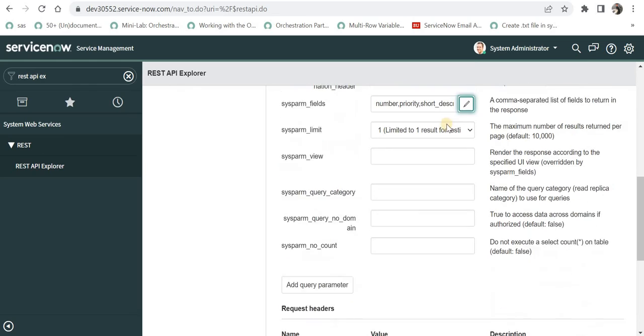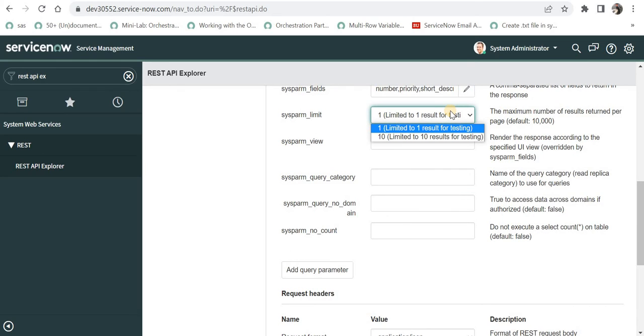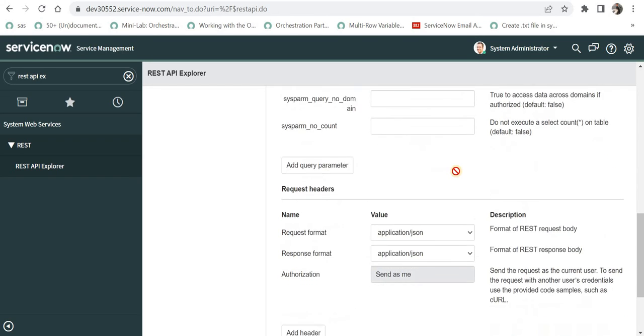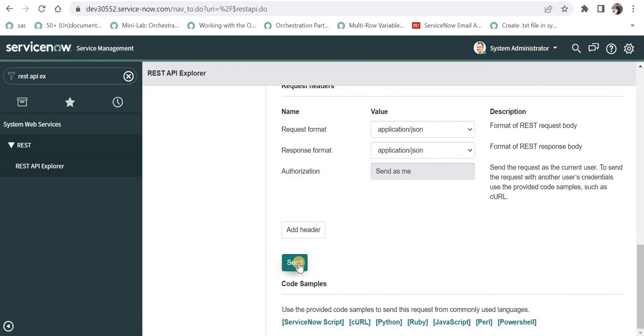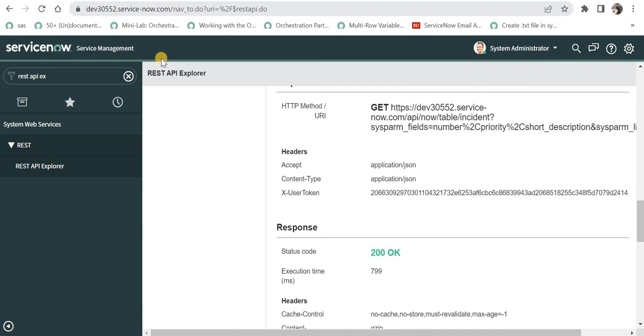I will save this. How many records do I need for testing? I could get only one record or maybe 10. Let's do it for 10 records, and then we are ready to use this API. I will scroll down and we can see a send button here, and as soon as I click on this send, it will send the request to this ServiceNow instance and it will retrieve the information on the incident